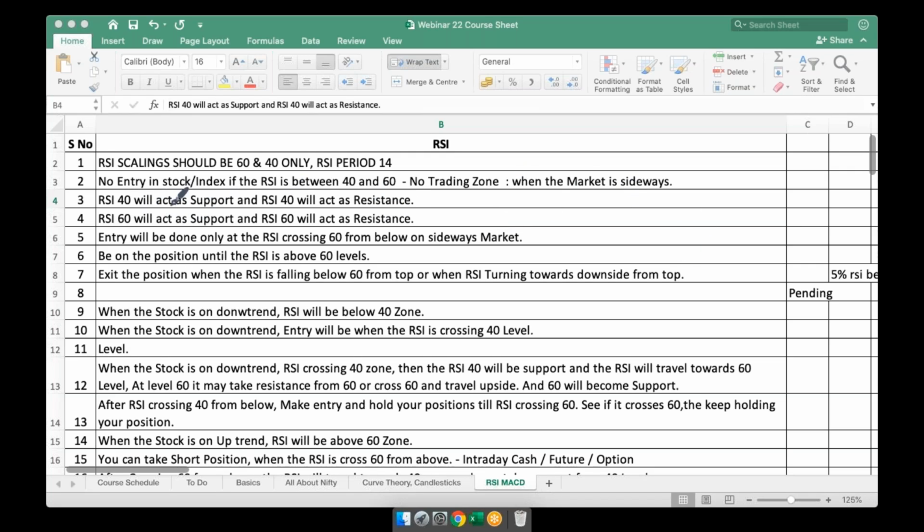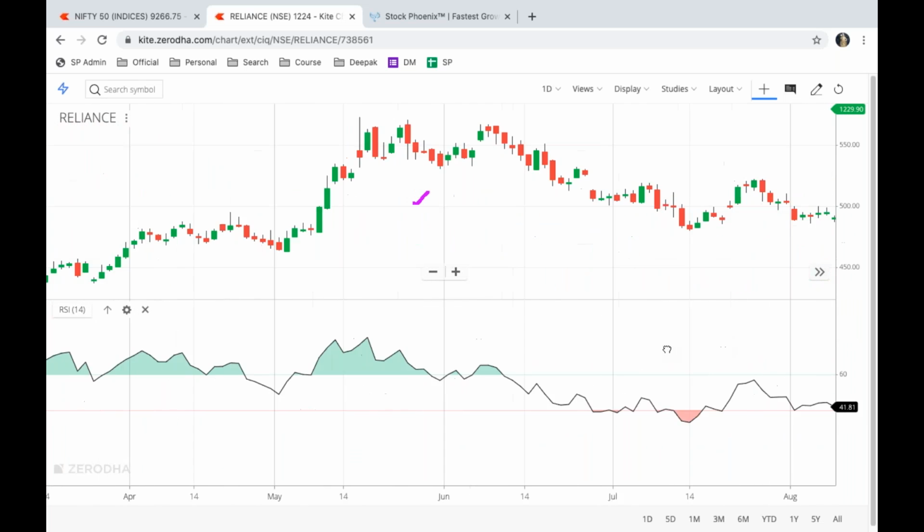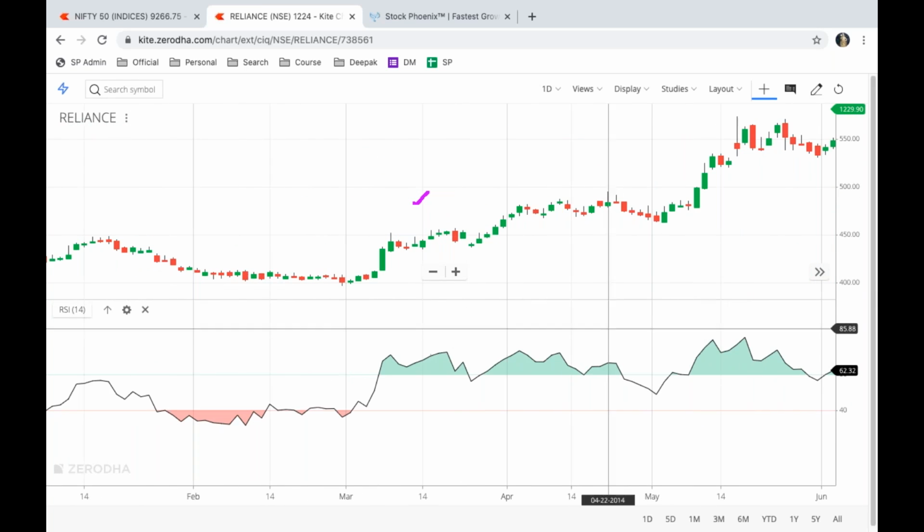Okay, so coming back, RSI 40 will act as a support, RSI 40 will act as a resistance. Same like that, RSI 60 will act as a support, RSI 60 will act as a resistance. Now, when you see here, you can see from the sideways market,